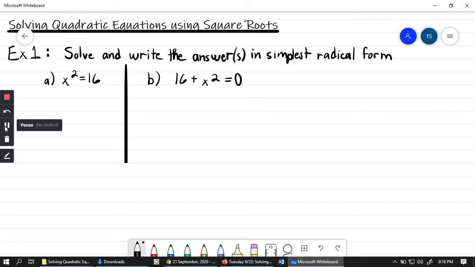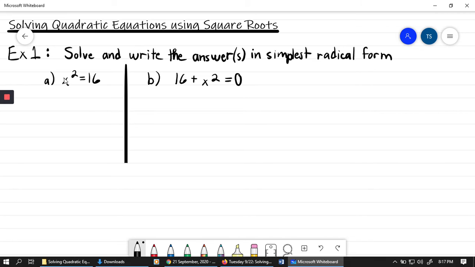Regardless of how the equation looks, when you're asked to solve the equation by using square roots, or when you can solve an equation using square roots, what you should do is make sure that the part that's being squared is isolated on one side of the equation. So in other words, make sure that whatever part is being squared is by itself on one